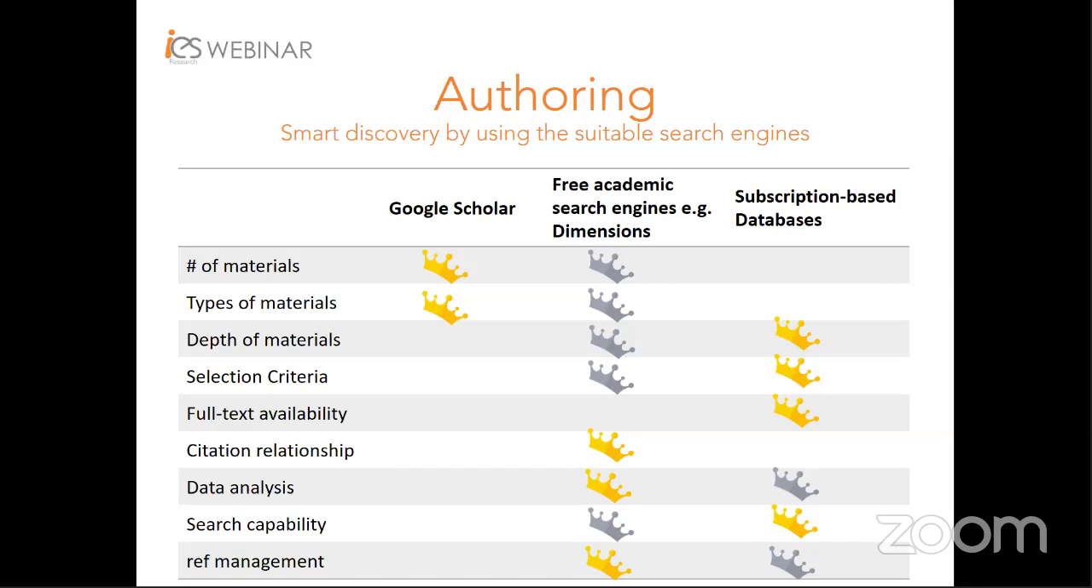If we compare Google Scholar, free academic search engines such as Dimensions, and subscription-based databases such as ACM Digital Library for Computer Science or IEEE Digital Library for Electronic Engineering, you'll notice the free academic search engines provide more sophisticated functions than Google Scholar, such as data analysis, while subscription-based databases generally have deeper coverage of specific subject areas,